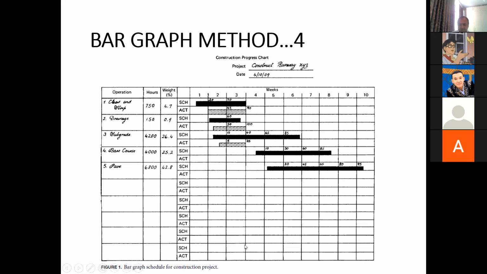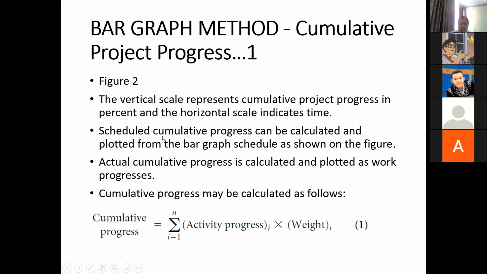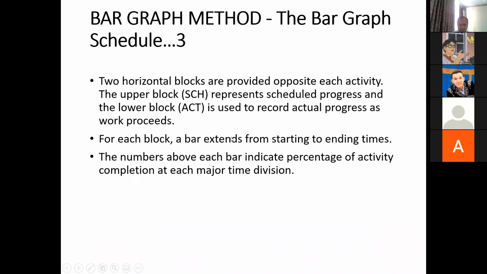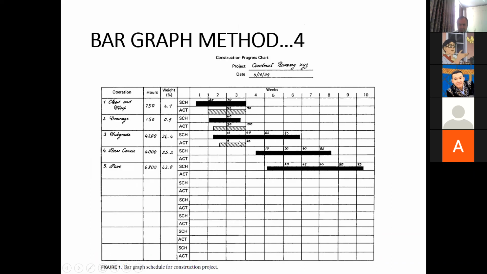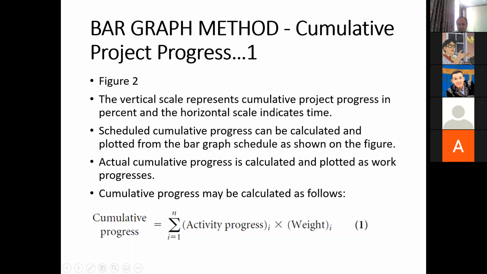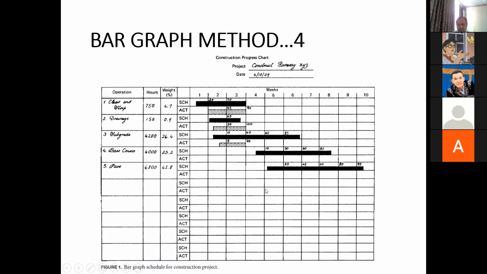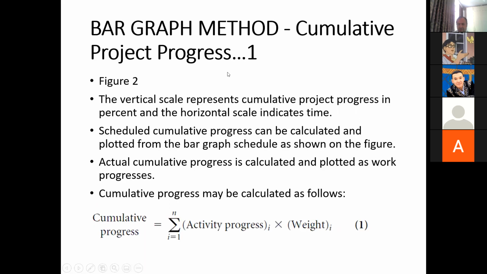So this is just giving you a snapshot of the progress of the project. Using this bar graph, we can calculate the cumulative project progress. Before this bar graph, there were 2 slides, but more or less it is the same thing which I mentioned in the word, so I will skip these 2 slides. And now the information we can establish from this bar graph is the cumulative project progress.